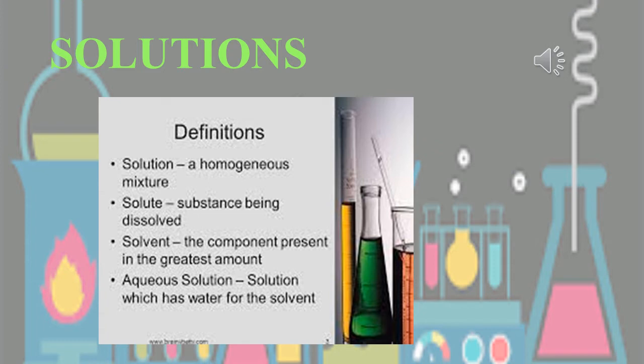So these two components are combined to form a salt solution. That is, salt plus water will give salt solution. Salt is a solute and water is a solvent, which gives a solution. So this is about the solution. A solution is a homogeneous mixture with two components: one in lesser amount by weight, named the solute, and another in larger amount by weight, called the solvent.